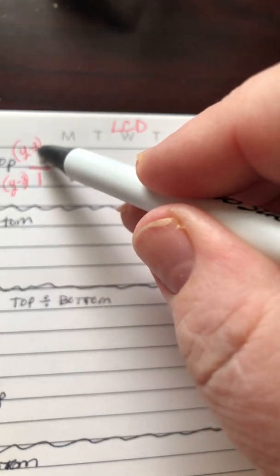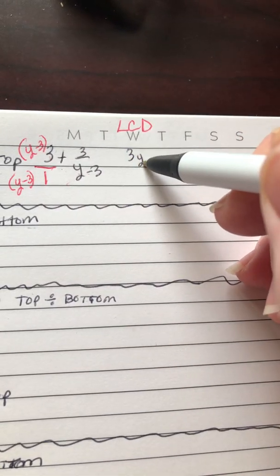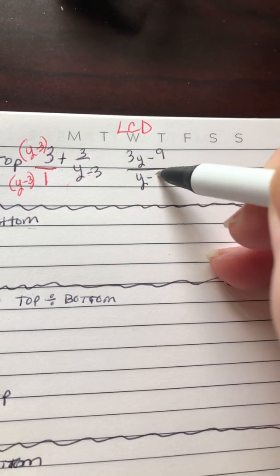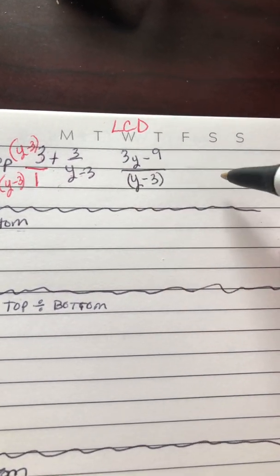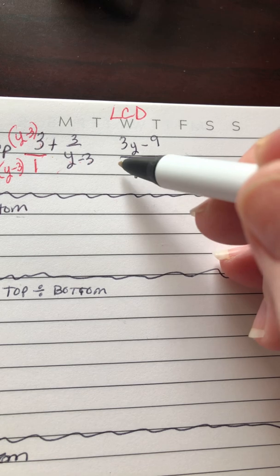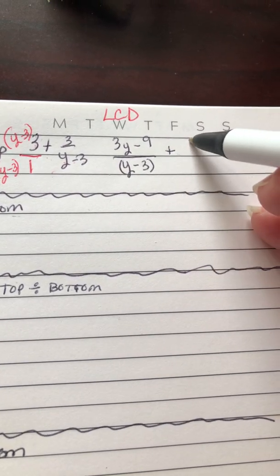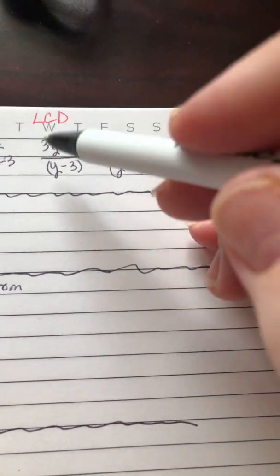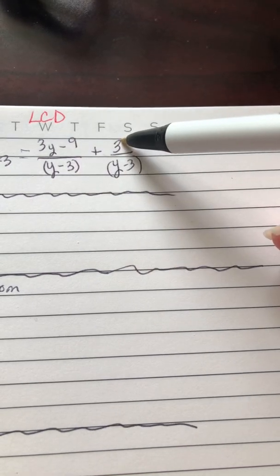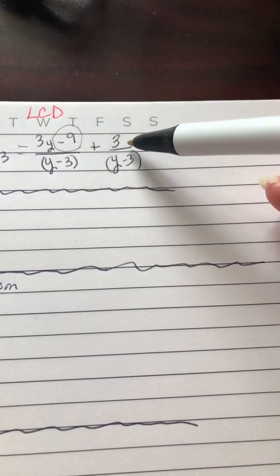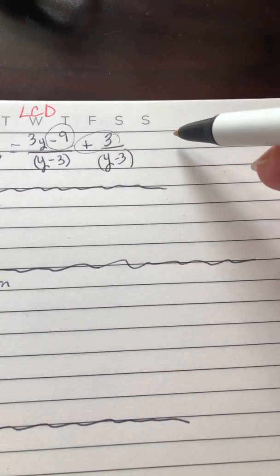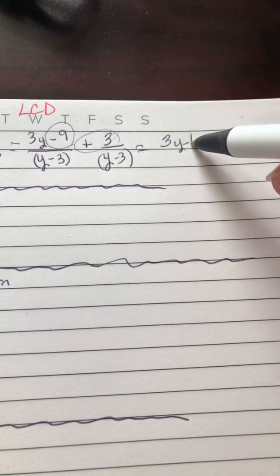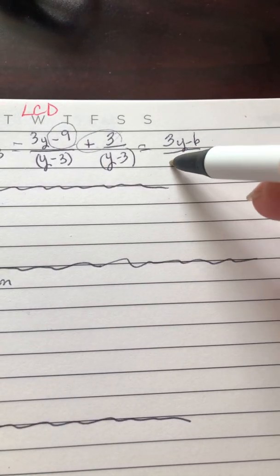And when I do 3 times both of those, I get 3y minus 9 over 1 times y minus 3, which, anything times 1 is itself, so we won't need to show the 1. And now we have that with 3 over y minus 3. And now we're going to just combine things on top that can be combined. We have a minus 9 and a plus 3, so we'll say we have 3y minus 6 on top, and we keep that common denominator